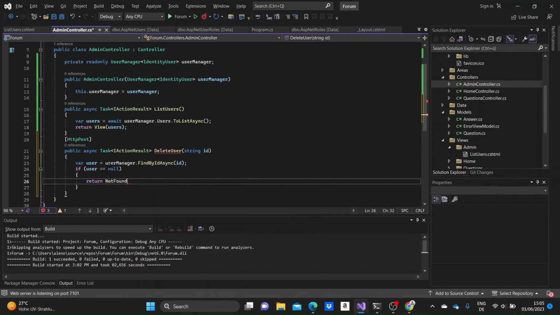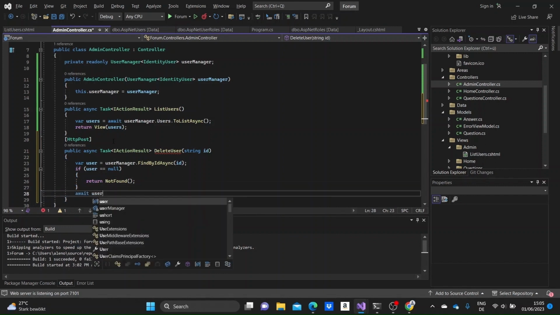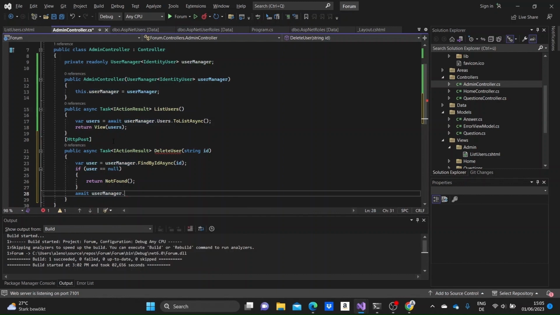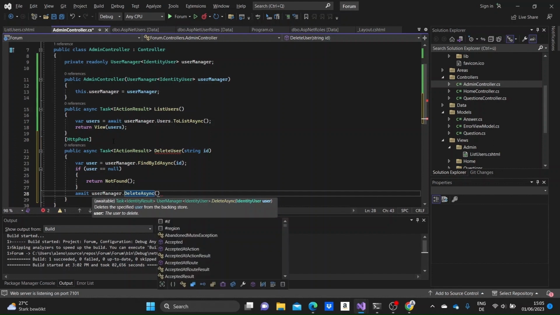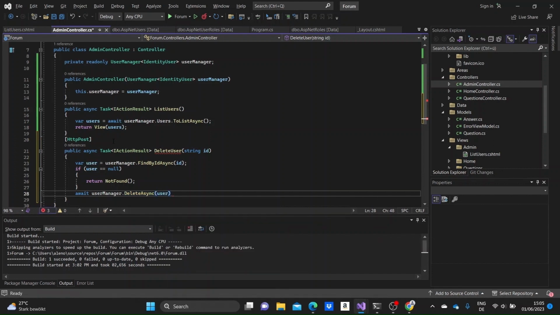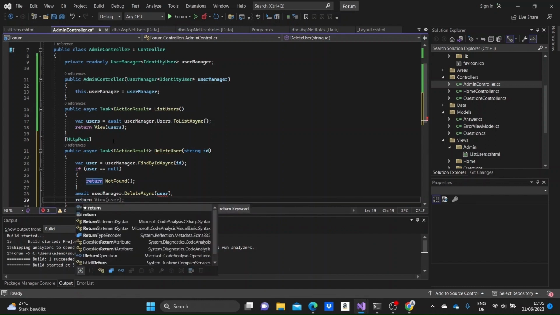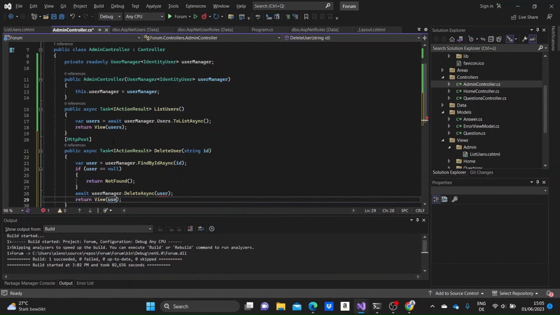So the logic is the same as what we do when we create CRUD operations in the normal controllers. We're just doing this by using the user manager, not the context in our case. So I'm writing await user manager dot delete async, and I'm giving it the user as a parameter. And I'm just returning the view of list users,